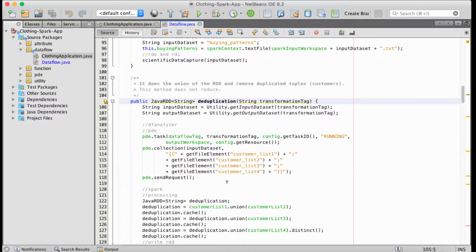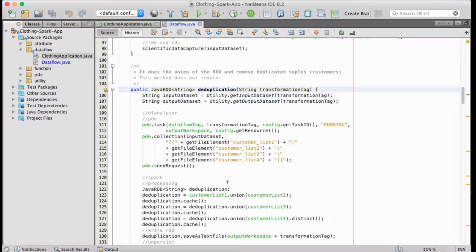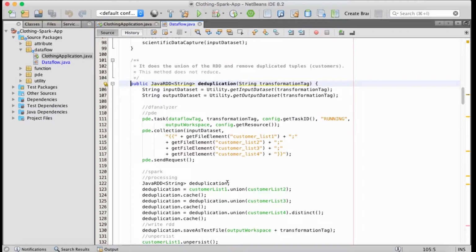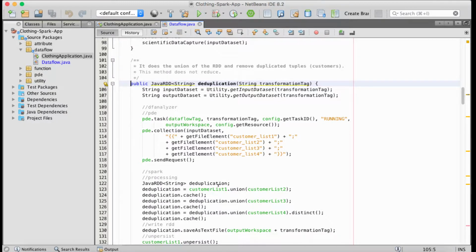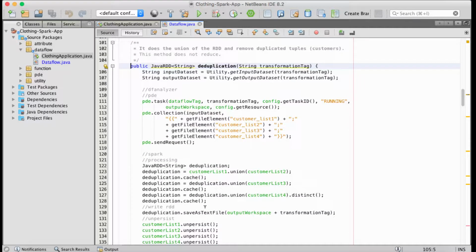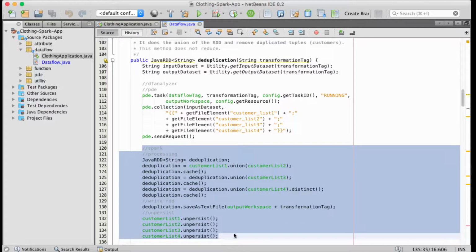The first part has DfAnalyzer instrumentation for extracting provenance and scientific data before the execution of a data transformation. This part of the code follows the PDE specification provided by DfAnalyzer, which is discussed in more detail in our demonstration paper. The second part consists of Spark source code with their operators, such as the operation union and customer